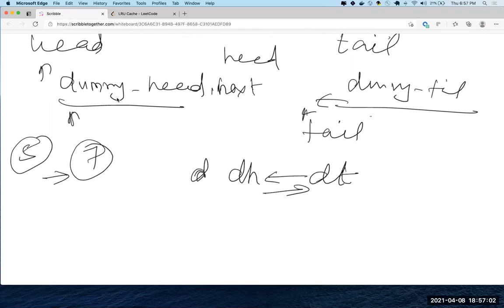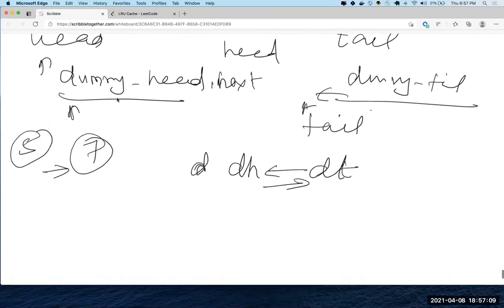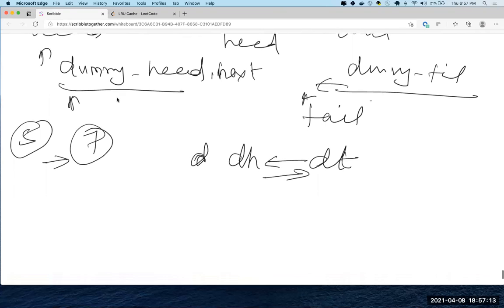Try this. LRU understanding is easy, but coding it will easily take more than 1 hour. If you really are bad at covering the test cases, try this. You'll be able to do this in the first attempt itself, 2-3 maximum. So this is what I wanted to cover in linked list today. And this is all you need to know for linked list.